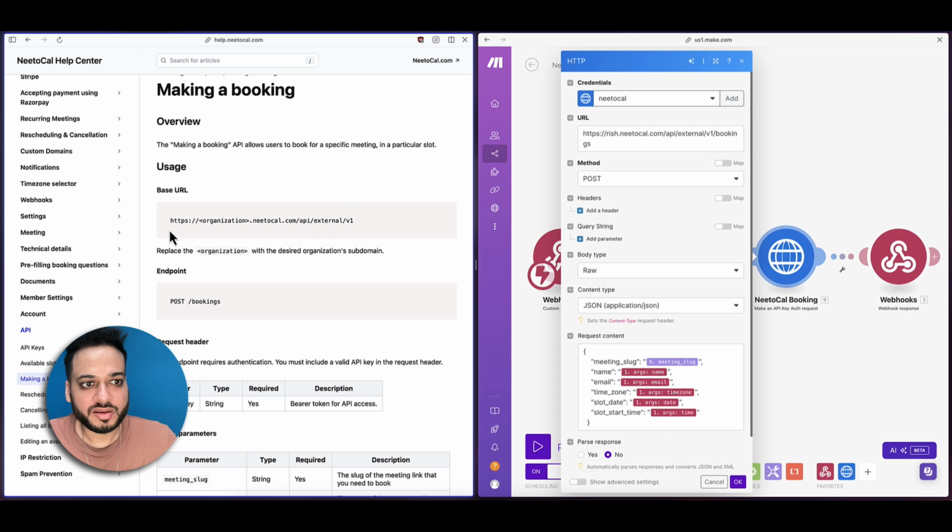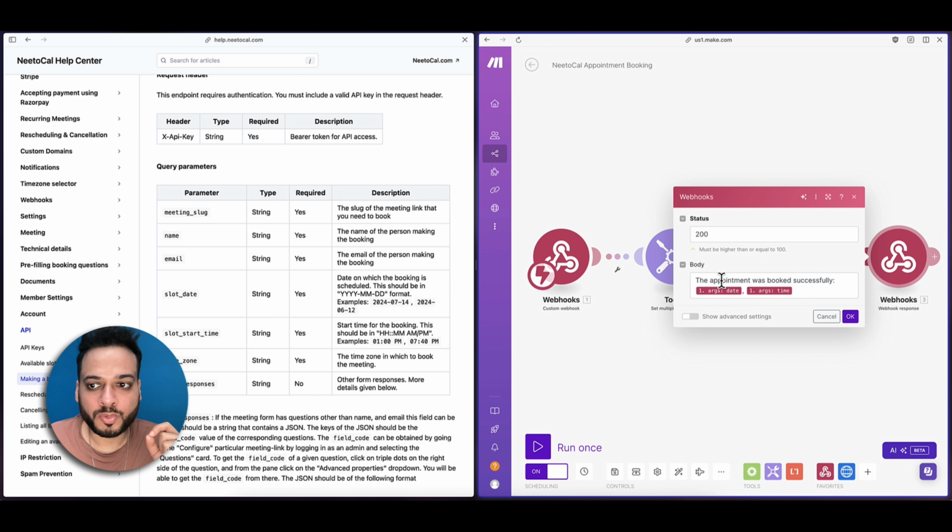All of these will need to be passed inside this particular request node, which on passing will give you a message which says the appointment was booked successfully. And this is how everything would work. So you have to have two webhooks which are listening in the background. One is for the appointment availability and second is for appointment booking. Let me also show you some historical bookings that I have done from here, so you get an idea of the kind of data that is being pushed inside these webhooks.